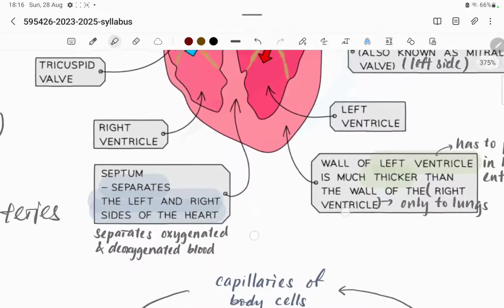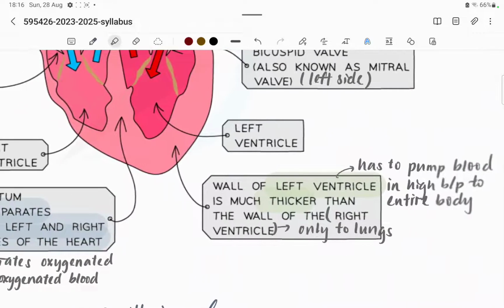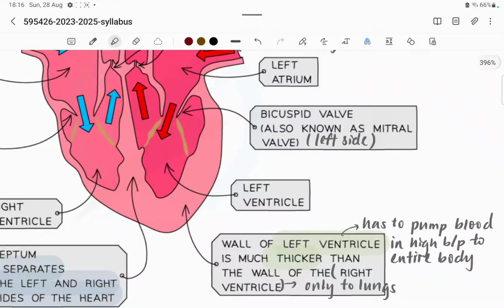Okay, the function of septum here is to separate the left and right side of the heart, to separate the oxygenated and deoxygenated blood. Okay, wall of left ventricle is much thicker than the wall of right ventricle. So this one, if they ask you why, the left ventricle has to pump the blood in very high blood pressure, BP is blood pressure, to the entire body, while the right ventricle only pumps the blood